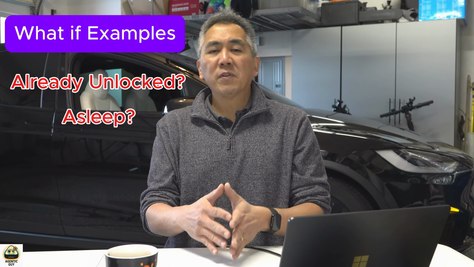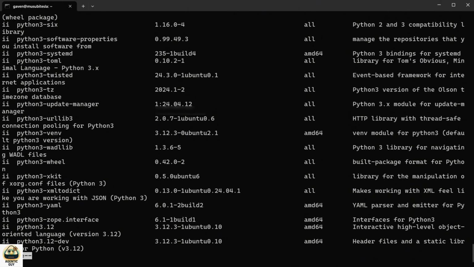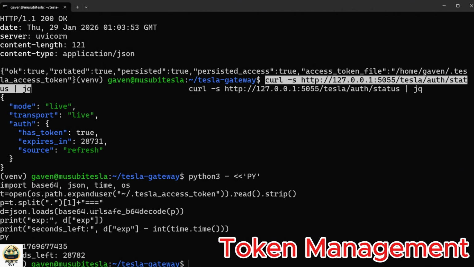At a high level, the system is really just Python running on Ubuntu with an internet connection. There's a client that describes what it wants, there's a layer that checks the current state of the car, there's logic that decides whether anything actually needs to change, and there's an execution step that only runs when it has to. The loop runs every time, even when nothing changes. I'll link the full build of this on GitHub, but fair warning, setting up Tesla auth took some work, and I'm glad I only had to do it once.